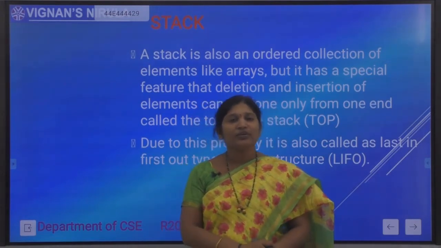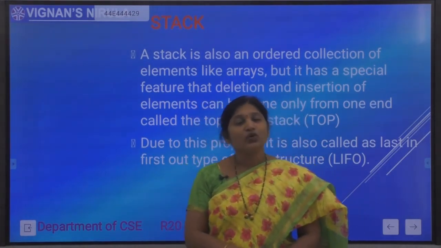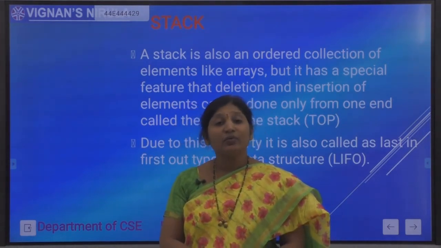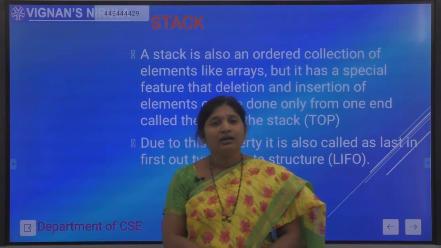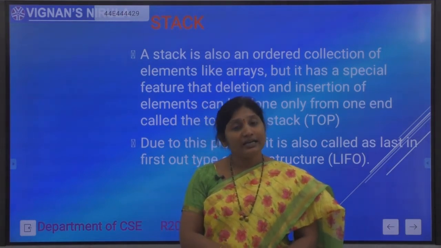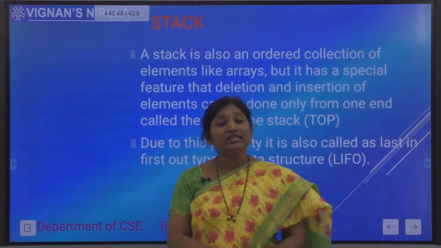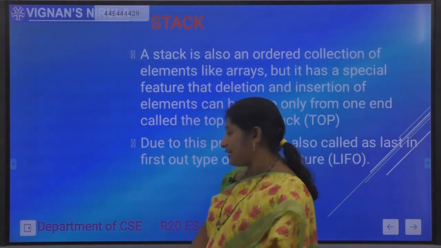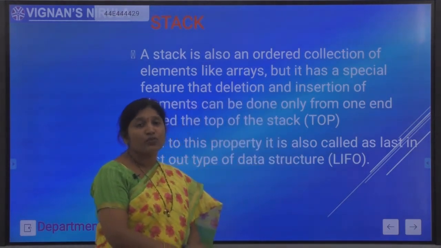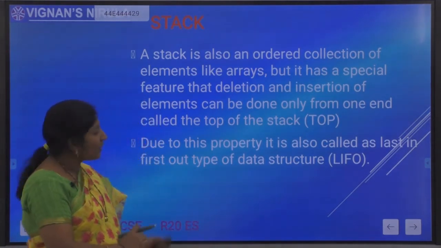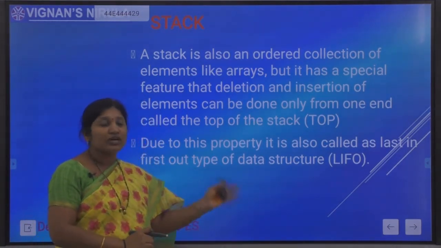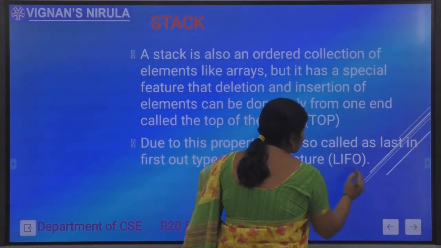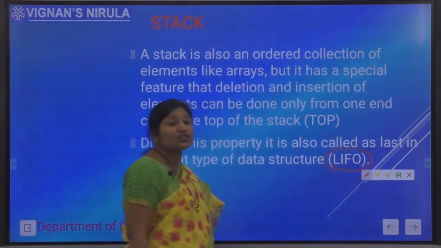A stack can be defined as an ordered collection of elements in which the elements are inserted and deleted from only a single end, which is called the top of the stack. By means of this, it is also called LIFO. LIFO means last in first out order.